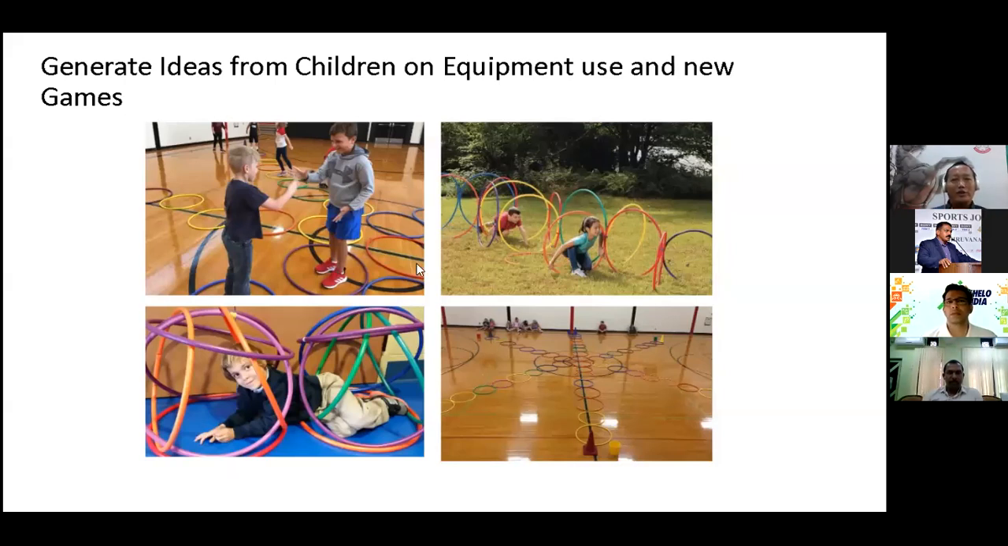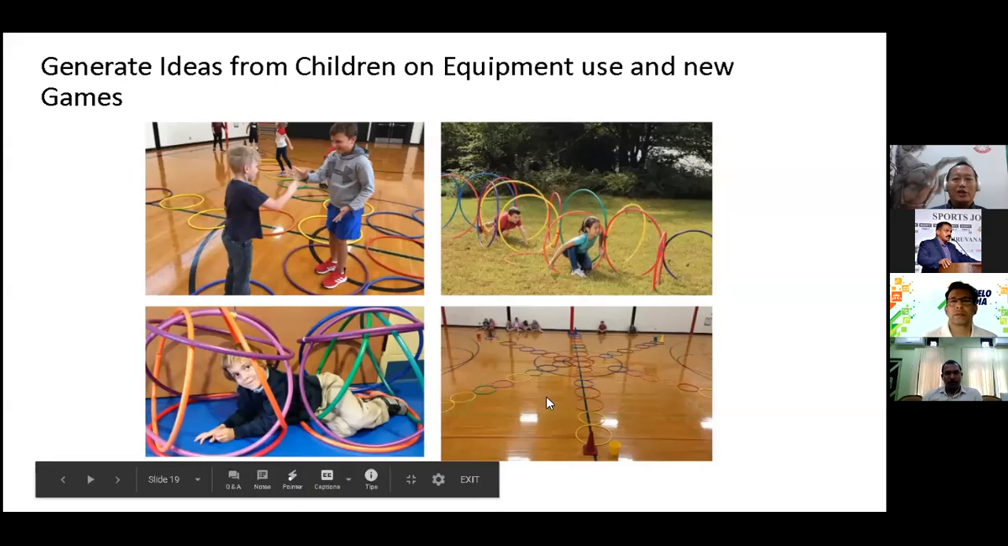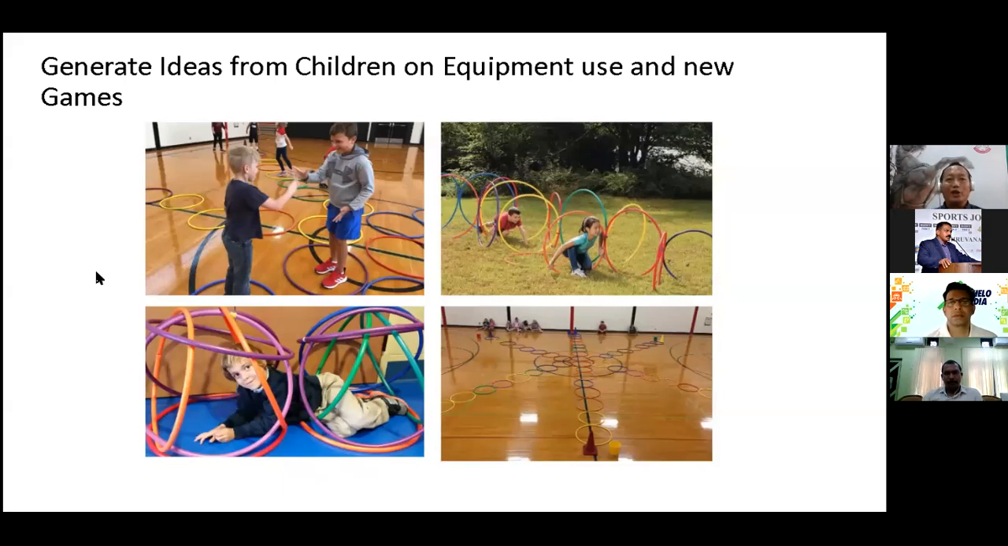Here also, just like the previous one, hula hoops are given and they just develop their own game. Only thing is, at times you have to control them. But if you give them a certain freedom, they are bound to come up with something. So as physical education teachers, it's high time we started encouraging whatever small equipment is available, or sometimes indoor